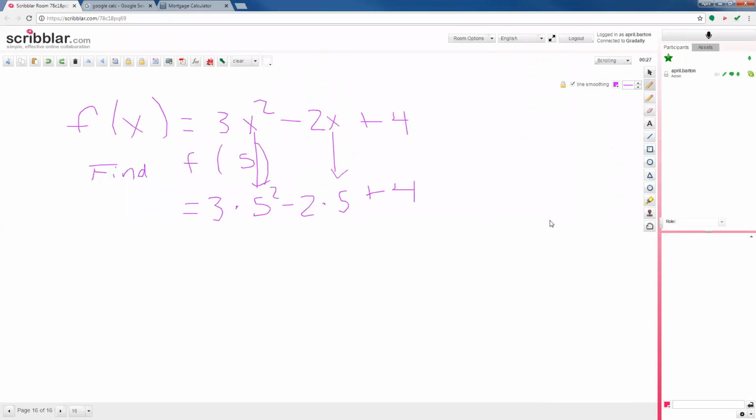So order of operations again, we have to figure out, well, what do we do first? So we think of PEMDAS again, that's just the order. We don't have parentheses, but we do have an exponent. So some people like to do the 3 times 5 first because we really want it to work left to right. It's how our brains are taught to work because that's how we read. But we actually do the 5 squared the very first because it has an exponent. And exponents come before multiply.